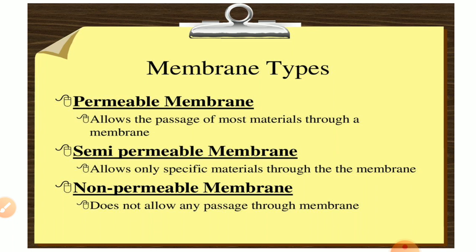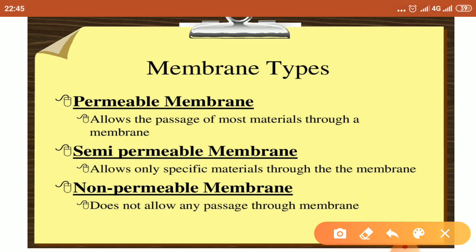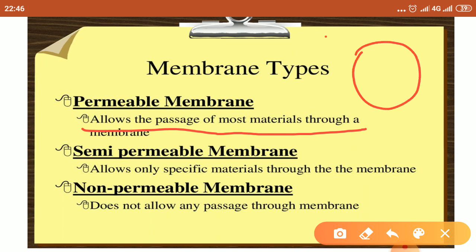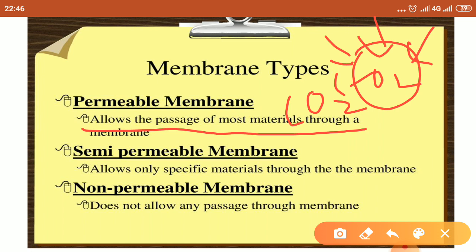The waste can later be removed out of the cell. So on the basis of that permission, what kind of molecules can come in and go out, it can be of three types. Permeable membrane, which will allow the passage of all, or we can say most, of the material through it. Whatever the water, whatever the gases, everything will go inside and can easily move out of it. That is permeable. परमिशन दे रहा है वो उसको आने के लिए बिना किसी रोक टोक के.